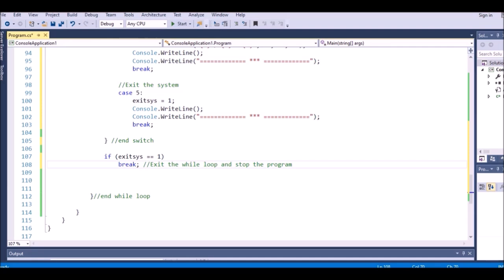This one we use to be like this. So okay, so I will use one, and